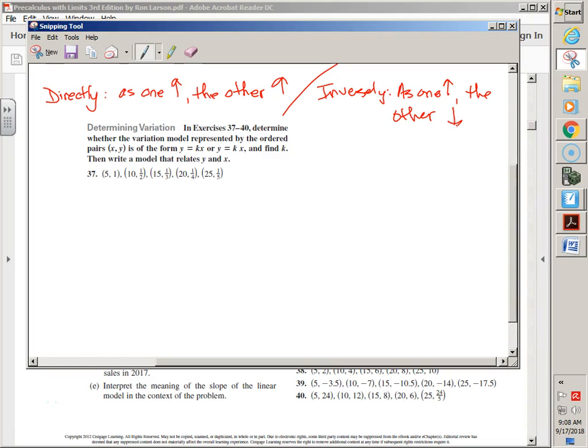But in general, as one goes up, the other goes up is directly; as one goes up, the other goes down is inversely. What I'm seeing here is these x's growing, growing, growing, growing, but what's going on to the y's? Yeah. And so in my head, I would naturally pop to the inverse one, and that's the one that I would check first. I think the directions have a little division. Sometimes the answer key gets confused. But then how could we double check and make sure we're right? Well, we could plug in some points and say, okay, so for the point 5, 1, would it work? For the point 10,